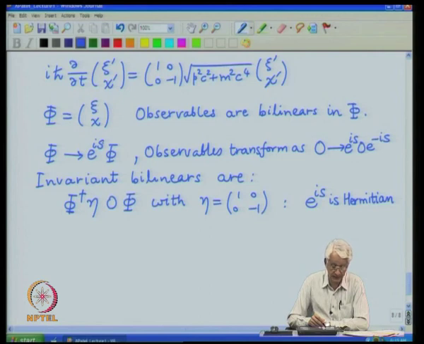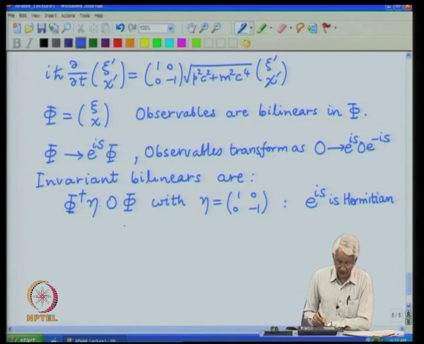S involved the Pauli matrix sigma 1, and by putting a Pauli matrix sigma 3, which is denoted here by eta, one can anti-commute it through it and cancel the sign, and then the object which is appearing over here will not change as a value, and this then becomes a prescription.